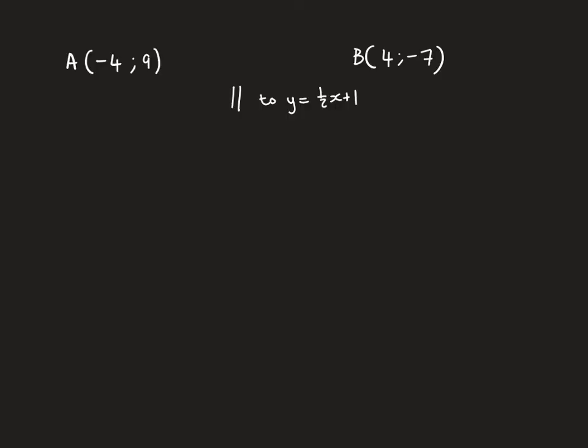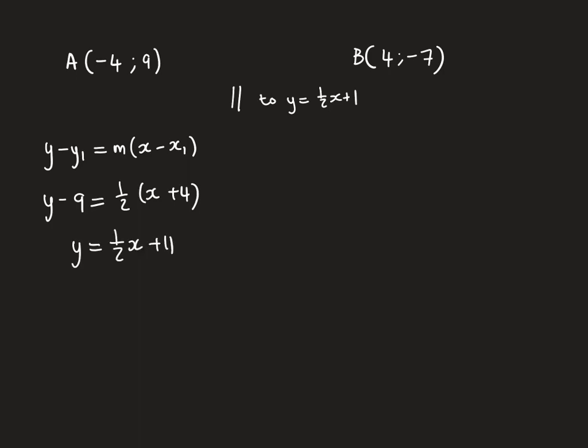Okay, so again, we've got 2 points, and both of those points are on the circle, and they must both therefore be parallel to y equals half x plus 1. So let's solve on the A side first. Y minus y1 equals m x minus x1. I'm going to plug in the points from above along with this gradient. And so what we get then is y minus 9 equals half of x minus minus 4, which is x plus 4. And so what we get for this equation will be that y is equal to a half x